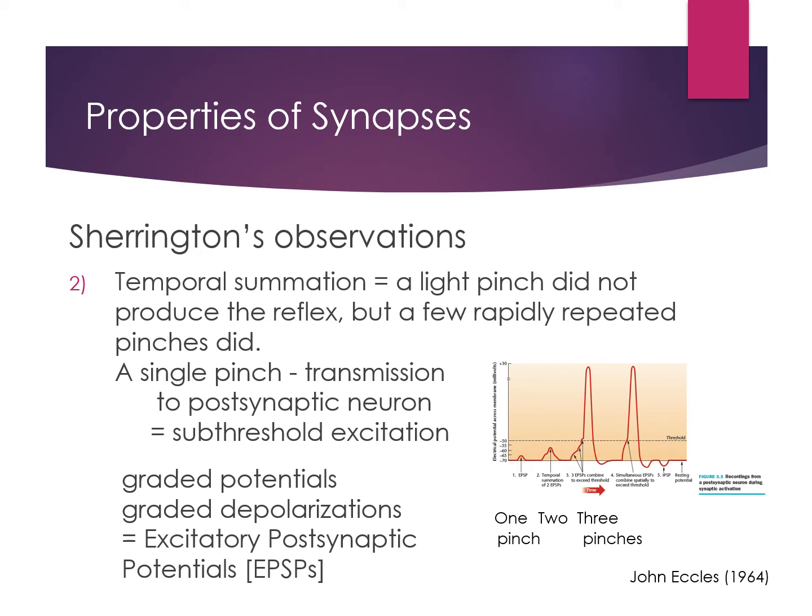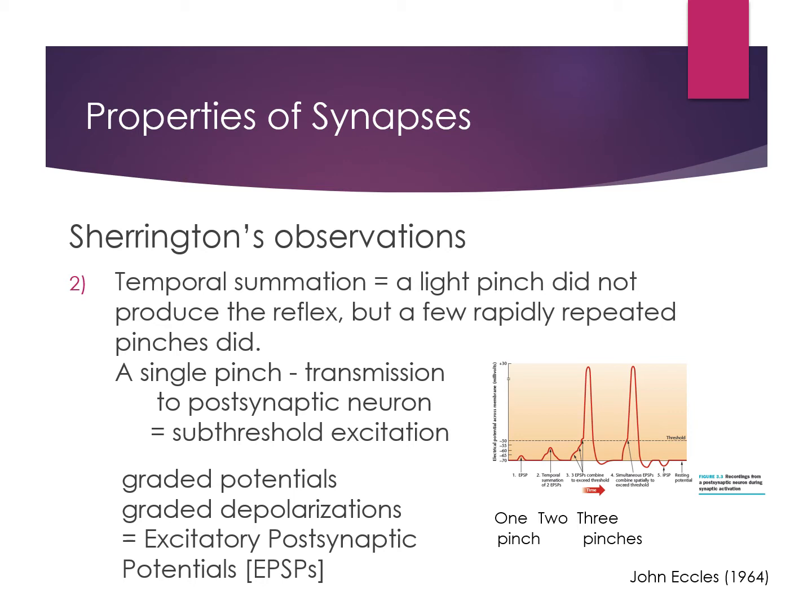And so that single pinch transmission to the postsynaptic neuron, he assumed this was subthreshold excitation. Okay, this is where we get this idea of these potentials being graded, that we're getting graded depolarizations, and we need to reach that threshold of excitation. And what we're looking at here are those excitatory postsynaptic potentials, or what I'm going to continue to abbreviate here as EPSPs. And what's being shown over to the right is, so this was all really inferred by Sherrington, but